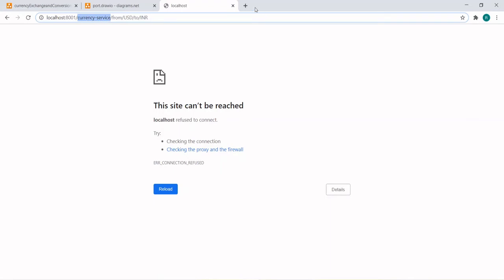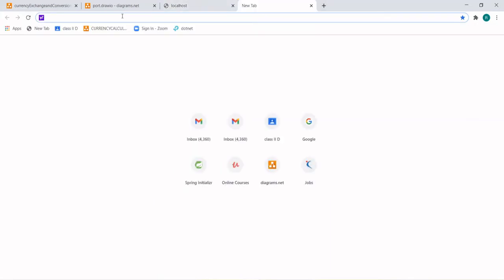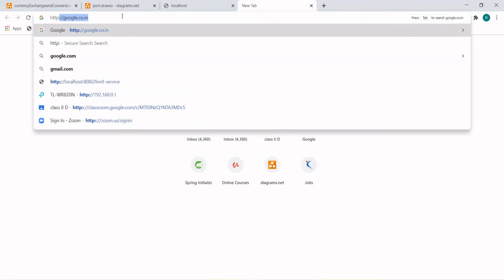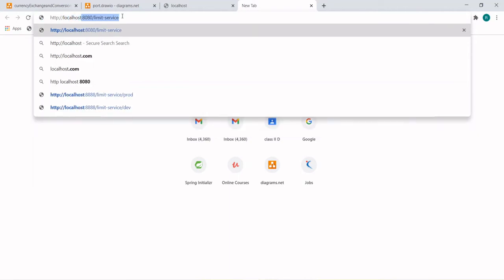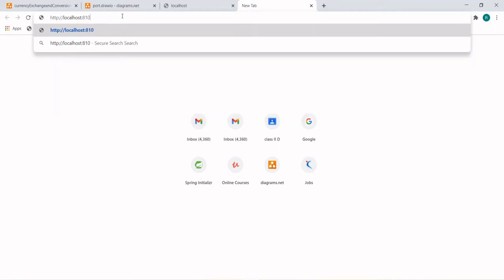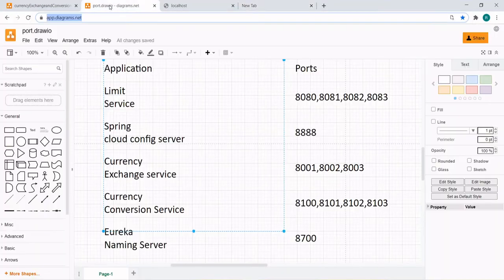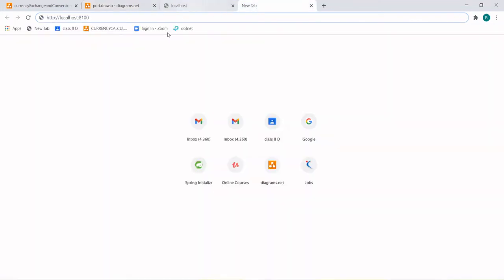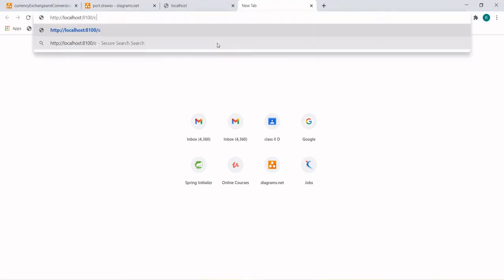So suppose I now want to calculate the currency exchange. Then how will I write it? Let's say localhost, since I am running locally, and what should be the port? The starting port would be 8100, right? If you go there and see, we are starting the currency conversion service, so 8100. So how will you convert that? 8100, then it will be currency-converter.